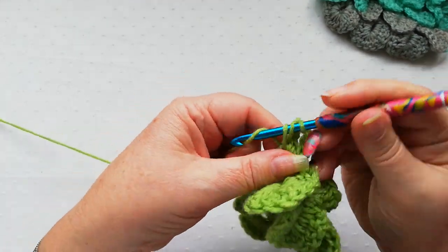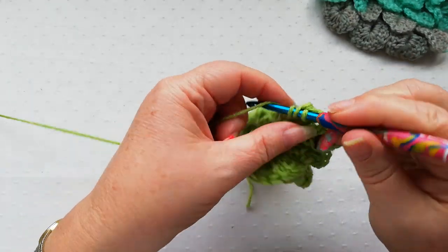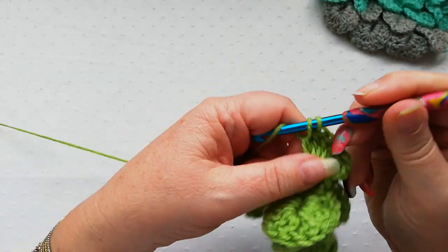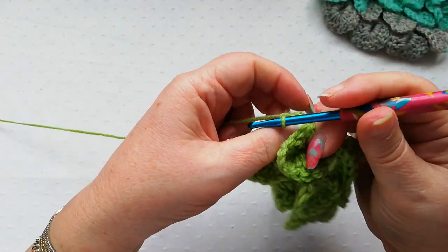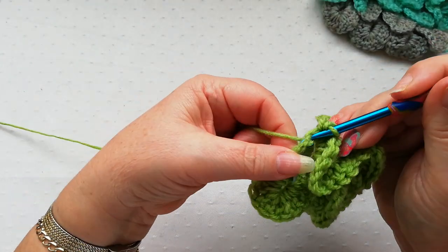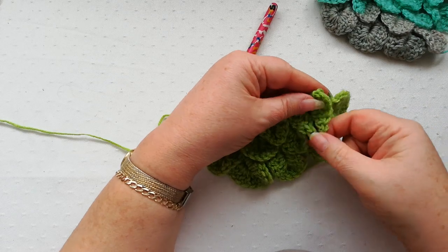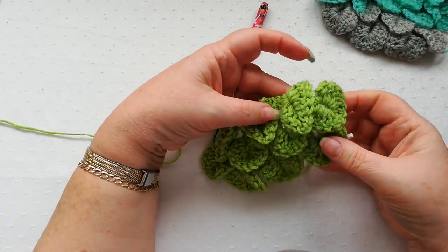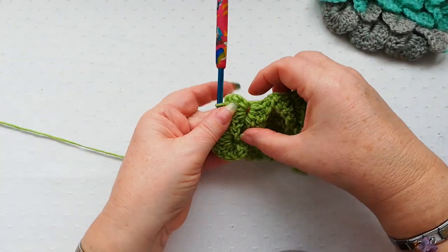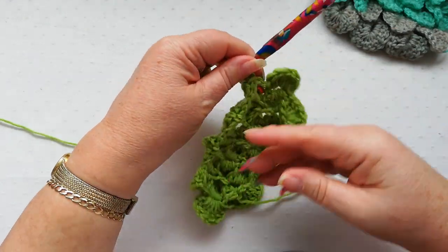1, 2, 3, 4, 6, and the final single into the third chain of the starting stitch from the previous row. So you can see there, rounded scale and a pointed scale. So depending what you're using your crocodile stitch for would depend on which scale you prefer. So I'm going to turn around and do